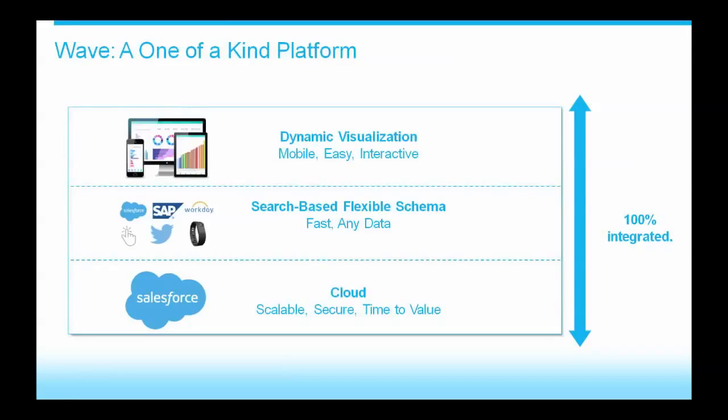So what we did is we actually took a search-based approach to analytics, so that instead of having to worry about which fields to include or exclude from a data mart, we actually give you the ability to bring in all of them and have a really flexible schema, so that you can have those 5 attributes from the water bottle or thousands of attributes about the iPhone. And because we have that all running within the Salesforce cloud, you can quickly navigate it. It's fast and scalable, but it's also secure, and we give you all the ability to govern who has access